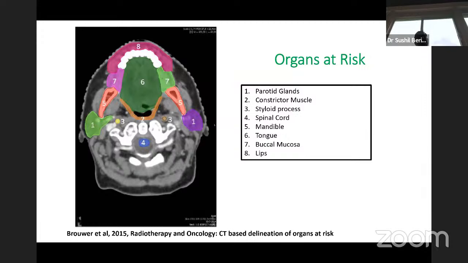The 2D approach, which was shown by Dr. Suman, in that era, the spinal cord routinely used to get 50 gray and above because we ignored the contribution for the electron beam. But that was done in the era when chemotherapy was not done. In the chemoradiation era, people are more conservative and they try to limit the dose to 45 gray or so. But in true sense, there is no difference in spinal cord complication anywhere between 40 to 50 gray.